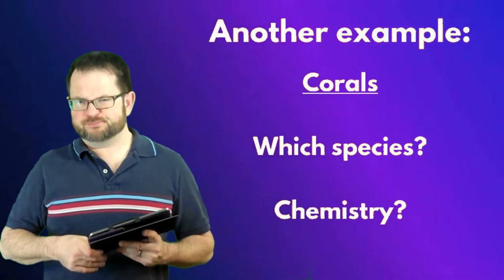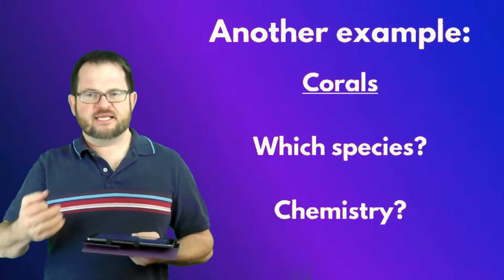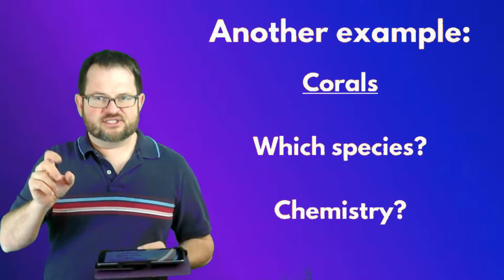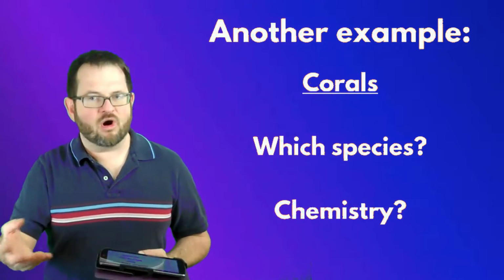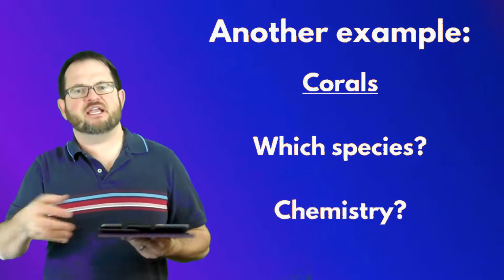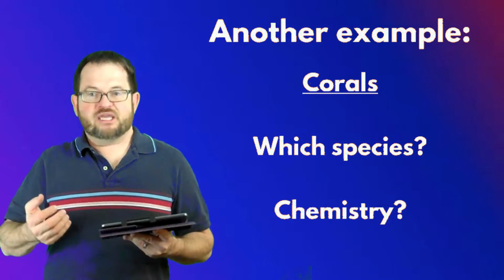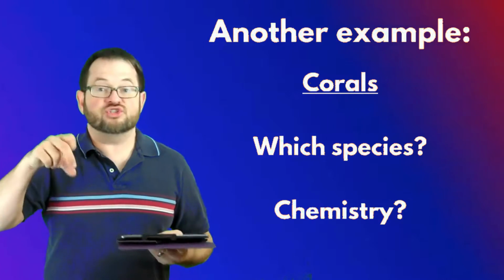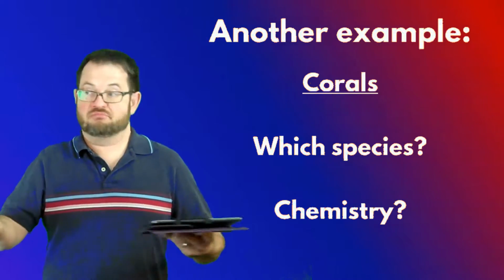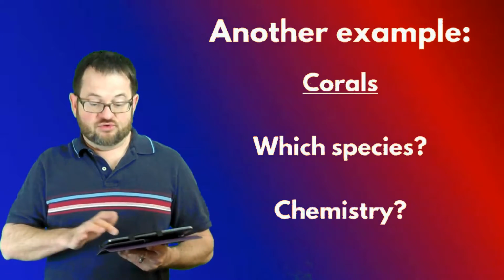Another example is corals. You guys know what corals are, right? Like a coral reef. These corals grow at very slow rates, and the composition of their little exoskeletons and so on depends on the temperatures of the water they're in and the carbon dioxide concentrations of the water and so on. What species are thriving at any given time? What species are weak? Well, coral gets fossilized. We can dig cores through the coral reef and find older corals farther down, and we can learn important things about the water temperatures and the acidity of the ocean and so on by understanding those corals.